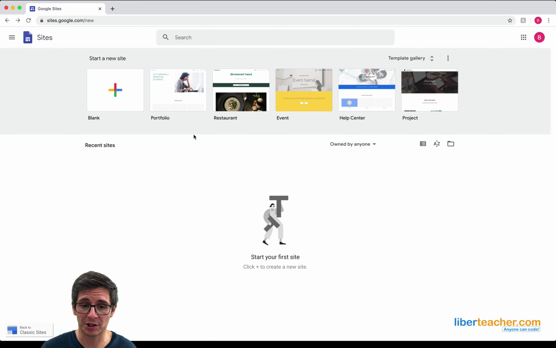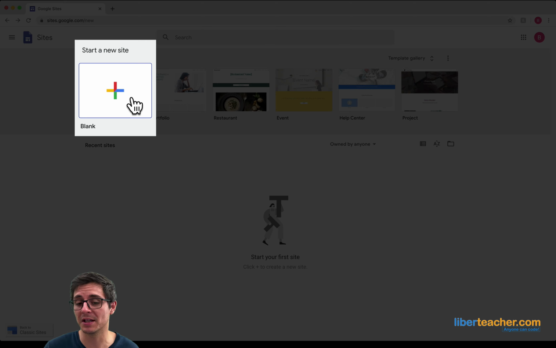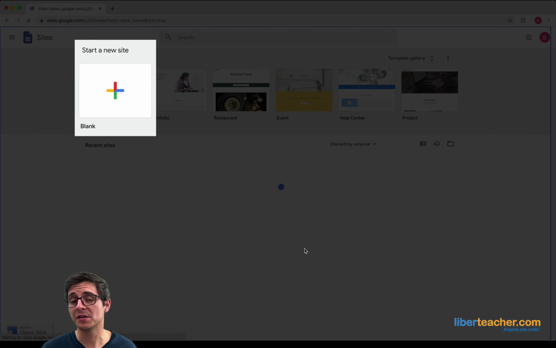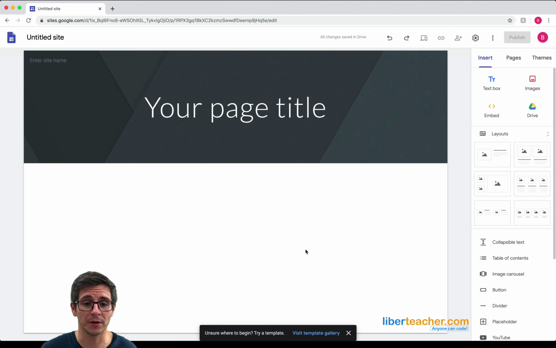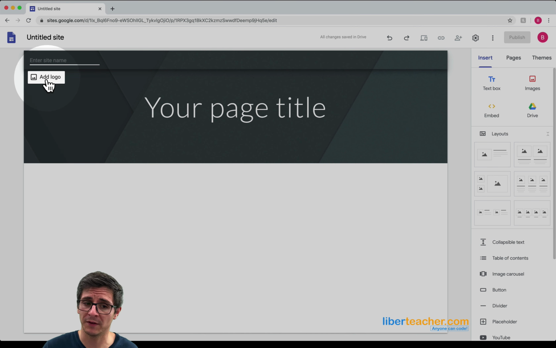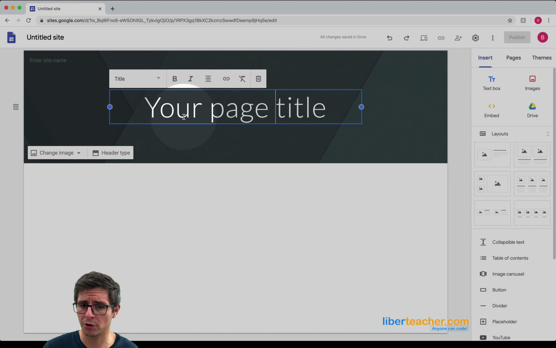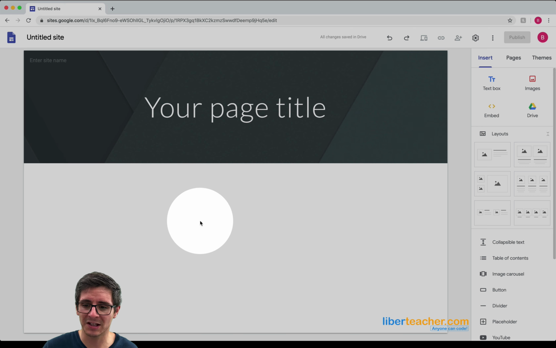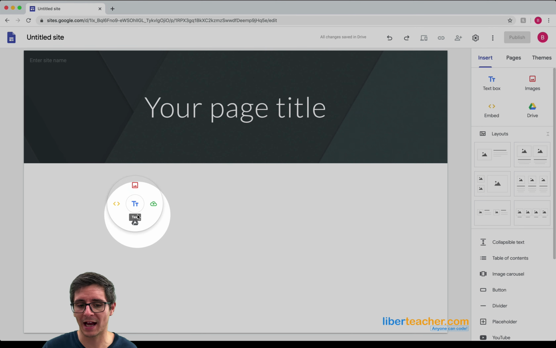Then to build your actual site, you can go ahead and click this blank button. Once you do that, it's actually going to build the site for you. And all it is is a drag and drop interface to make things easy and to make your website look clean. You can change your site name here at the top and even add your own logo. You can change your page title, and to add things below, you can either double click and add certain things,